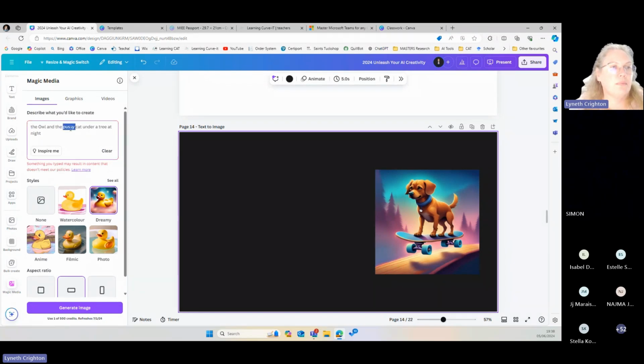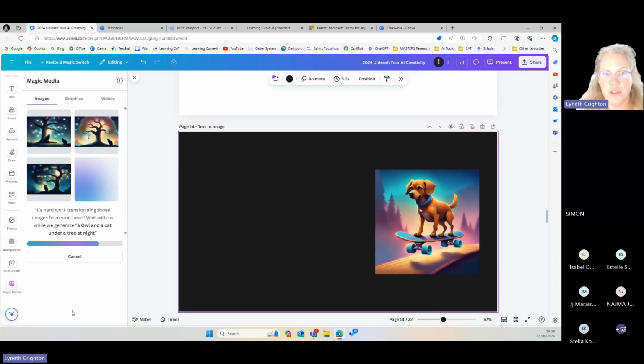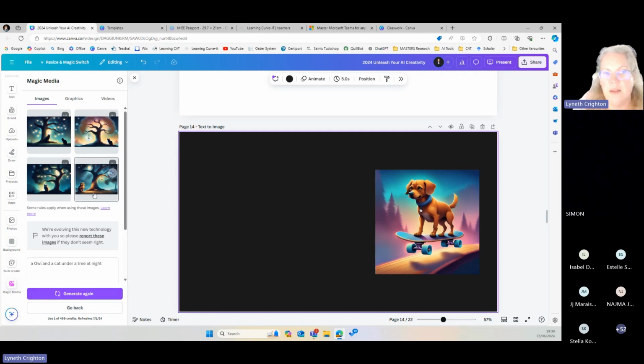and it is the new thing. Let's try an owl and a cat. It obviously didn't like my wording. So it generates. Now, remember I said that if your children are in this, they can create anything. So last year when I had grade 7s, we created desktop wallpapers. So they could create anything they could think of.